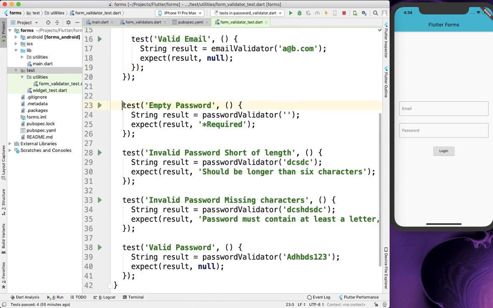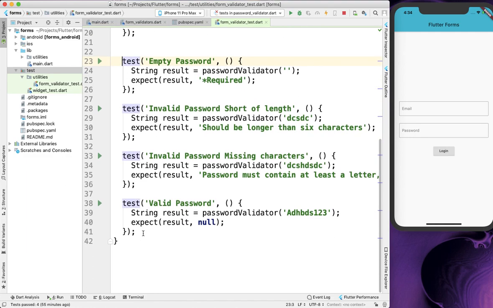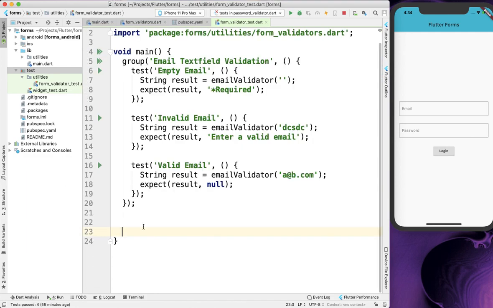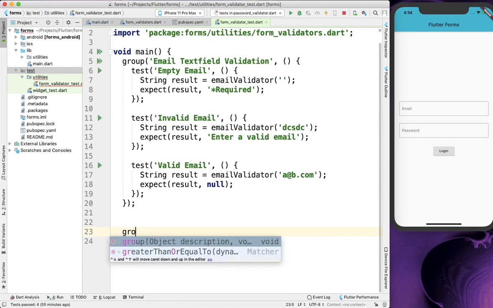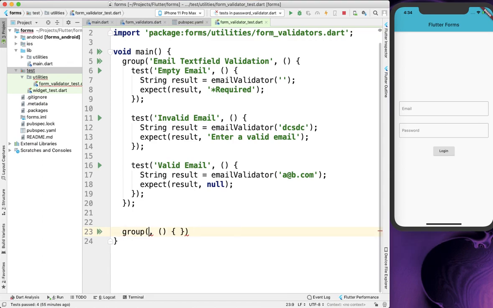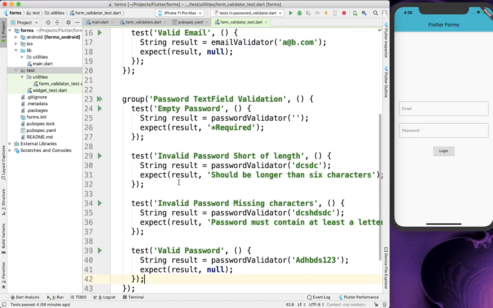A similar thing we can do for password. We'll copy all this code and then create a new group for password, password text field validation, and inside our group callback we will create our tests.